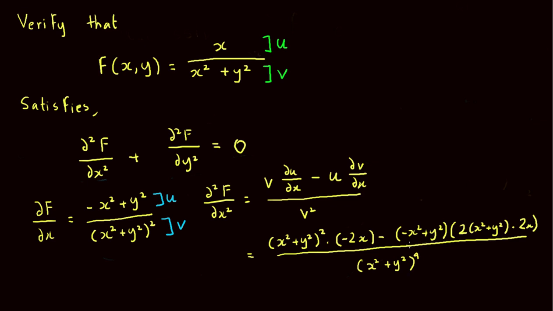If you simplify that, I know it's going to be a bit messy, bear with me on this one. So it would be negative 2x times x squared plus y squared squared,